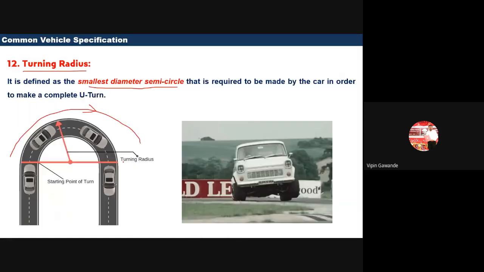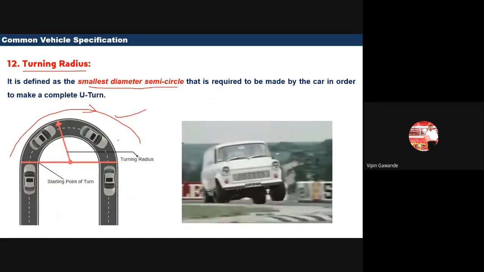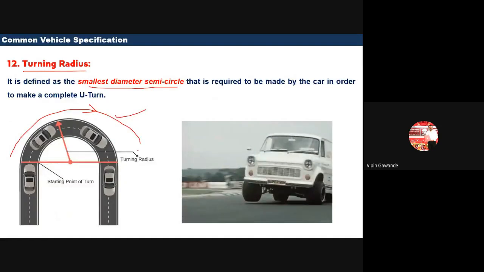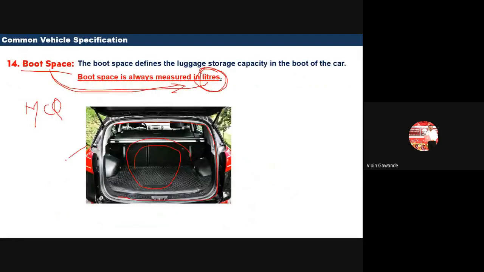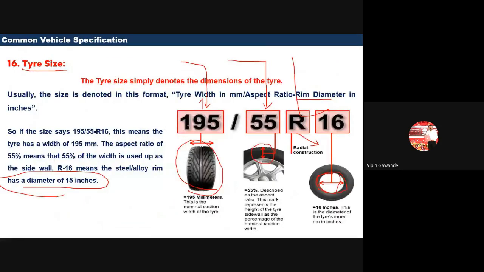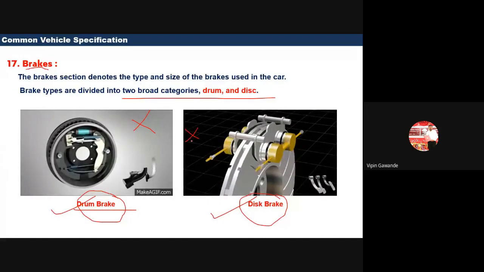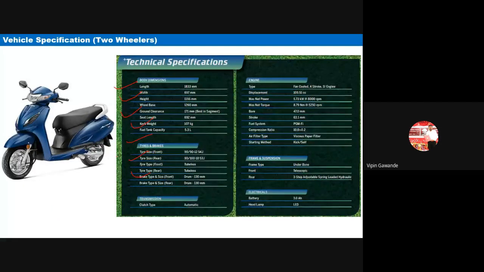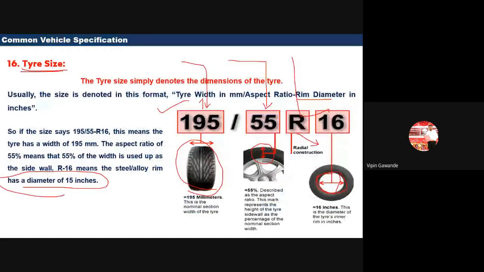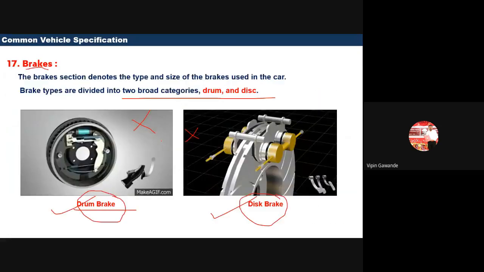Then this track width, this turning radius. So wherever line diagrams are there, you draw line diagrams. Wherever complex diagrams are there, it is not required. Wherever 3D diagrams are there, don't draw the diagram; there you write down only the definitions and the description. You have to write that down as your assignment number 1 for unit number 3. So write down all the 17 specifications, and draw the diagram only where possible.